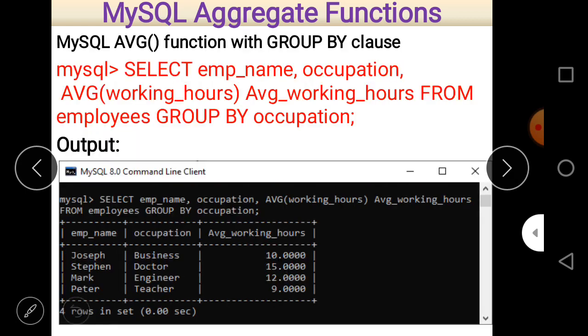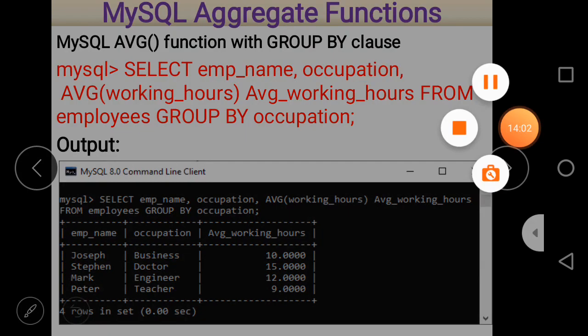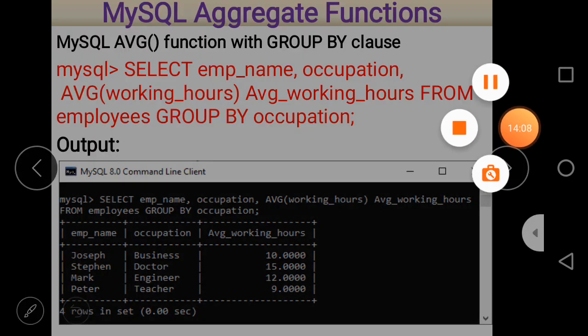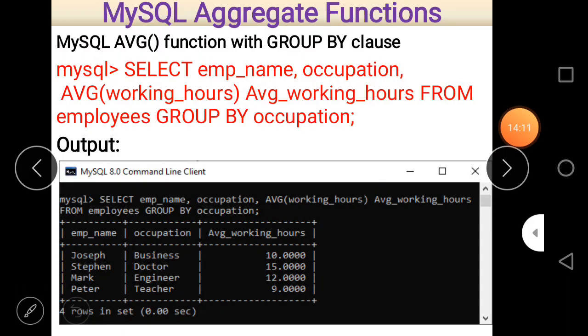Now, the MySQL average function with the group by clause. As you know, when we use the group by clause, it basically makes a group on the basis of certain columns.